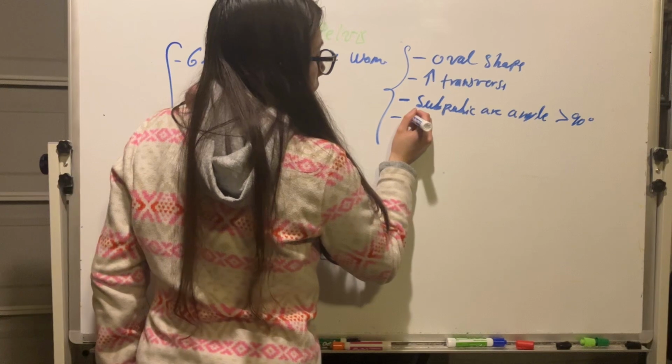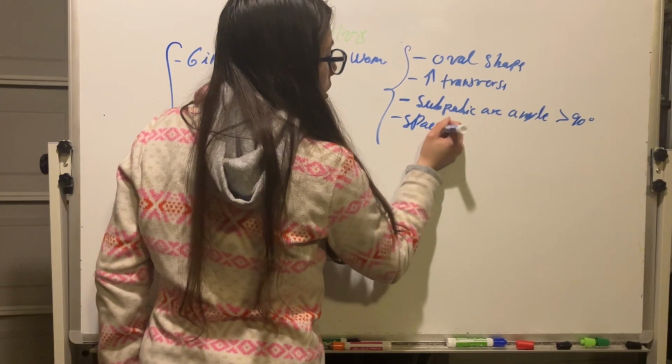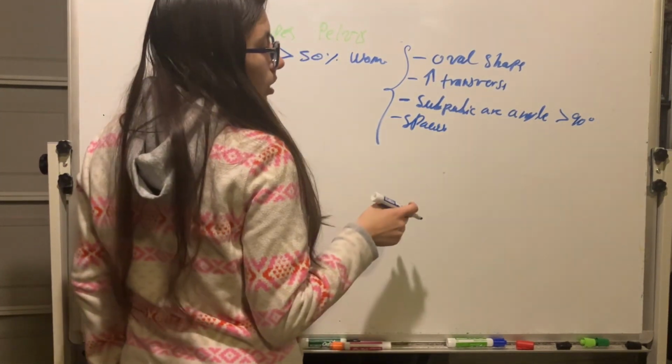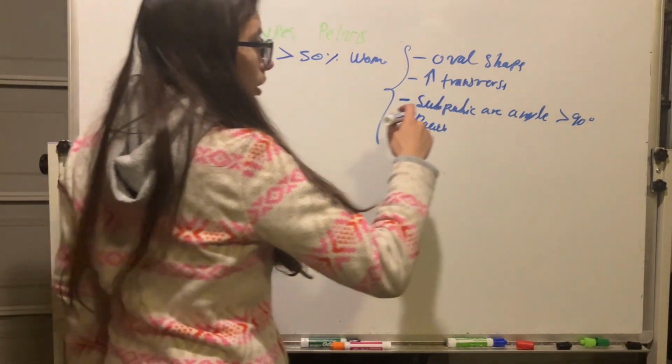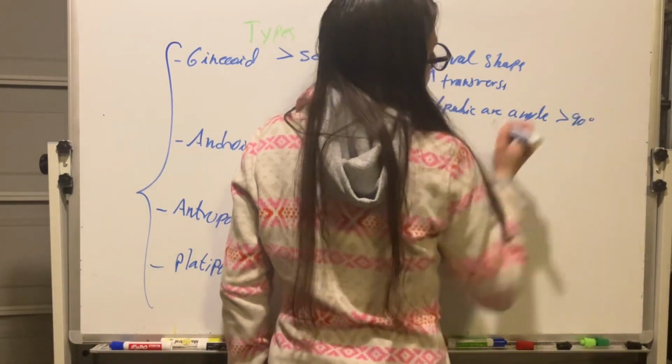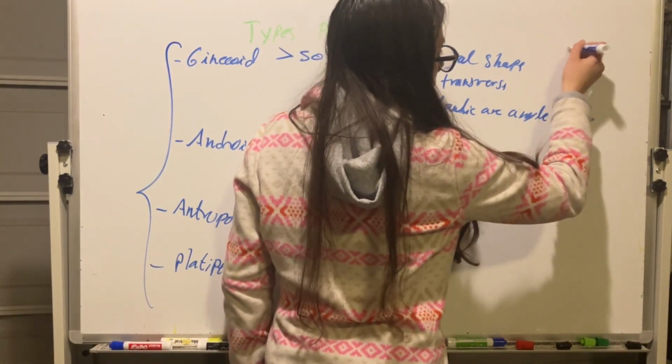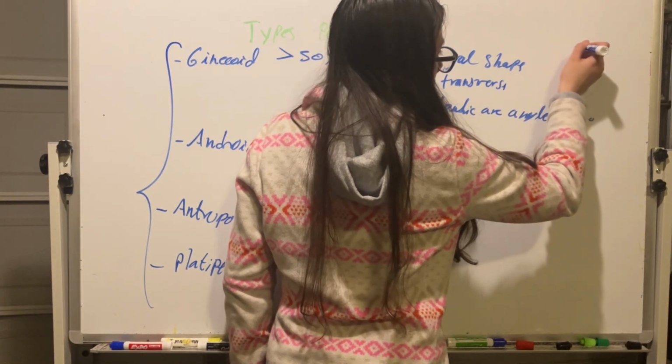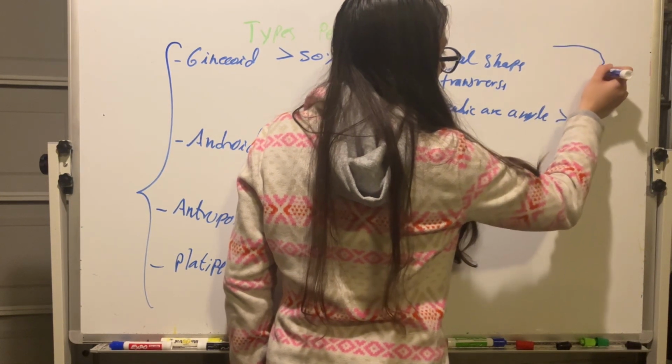So this is a spacious pelvis. So for example, how to draw this, we have the sacrum, say like this,